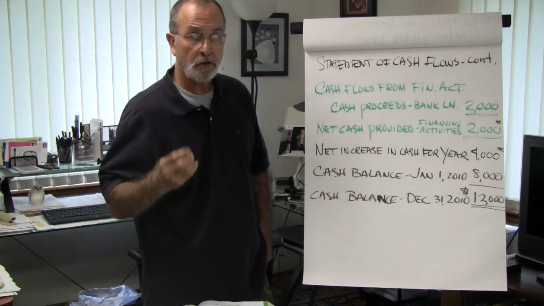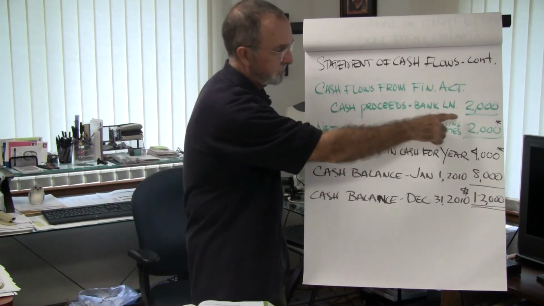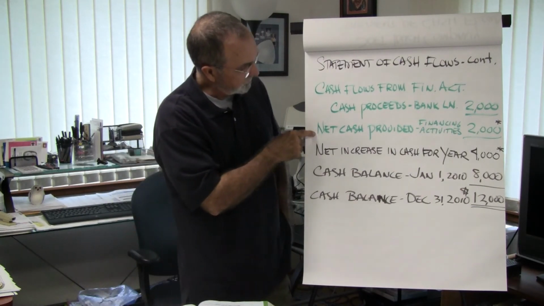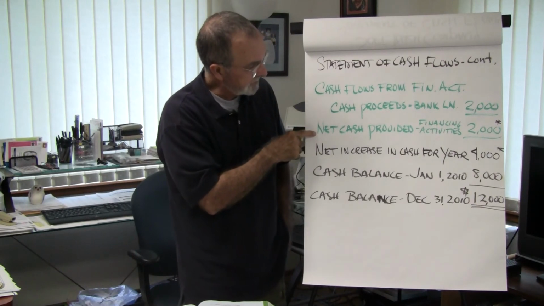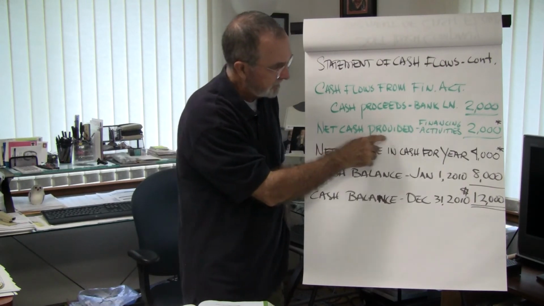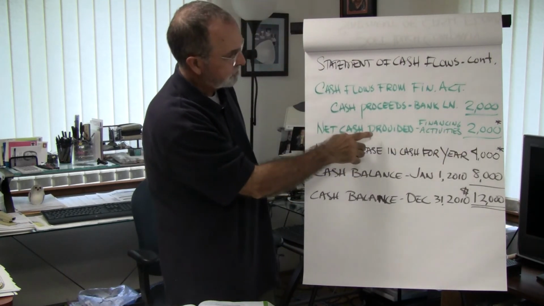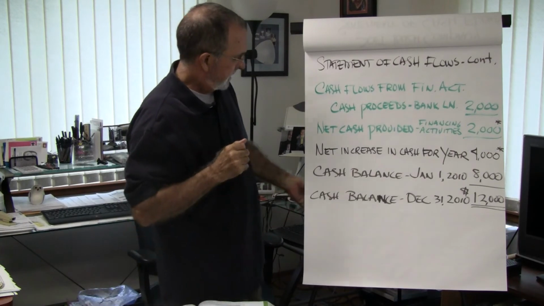So we made a loan from the bank. We borrowed $2,000, so this is a positive amount. And again, our total for that section would be called net cash provided, since this is a positive number, net cash provided from financing activities. At that point,